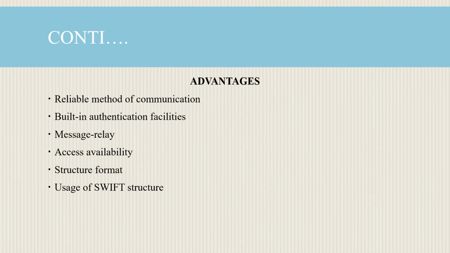So here are a few advantages of SWIFT. It provides a reliable method of sending and receiving messages. So first, it provides us with a reliable method of communication. It is easy for the sender as well as the receiver, who are spread across a vast geographical area, to communicate. Next one, there are built-in authentication facilities. So there is reliability and accuracy in the communications being provided, because there are built-in authentication facilities